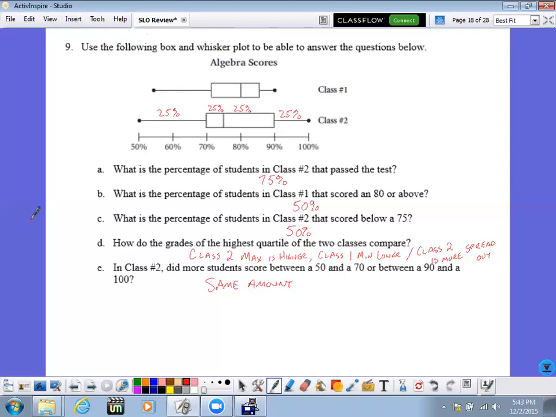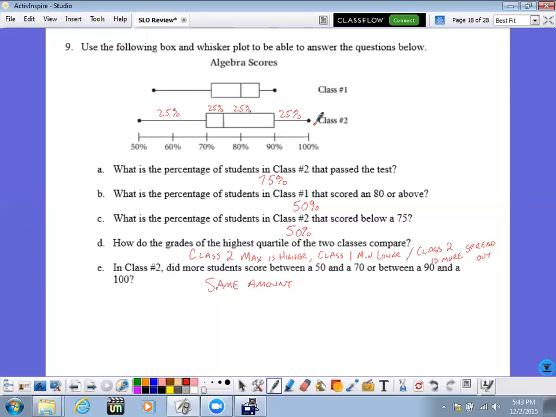A couple of things that you guys screwed up on with this. When you were dealing with this, you screwed up on the percentages, kind of thinking that that was something different. You screwed up on the word at least. Right? If we talk about at least a 70, at least a 70 means starting at 70 and going up further.